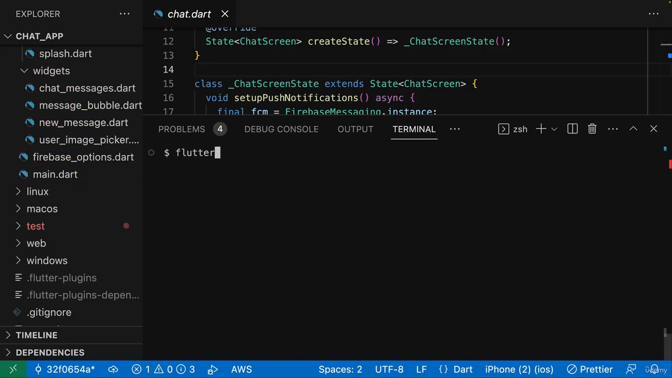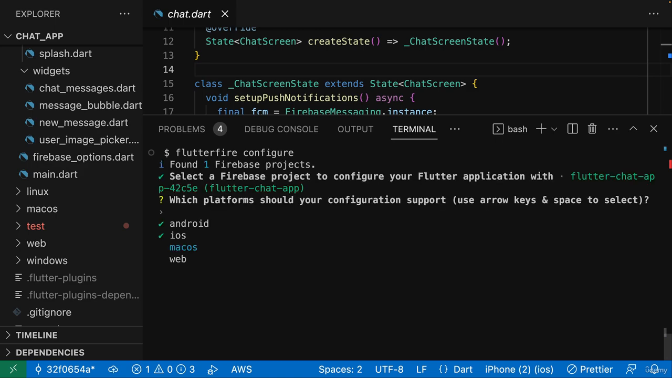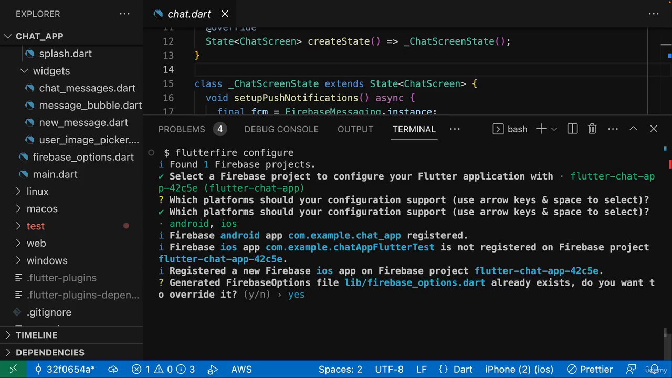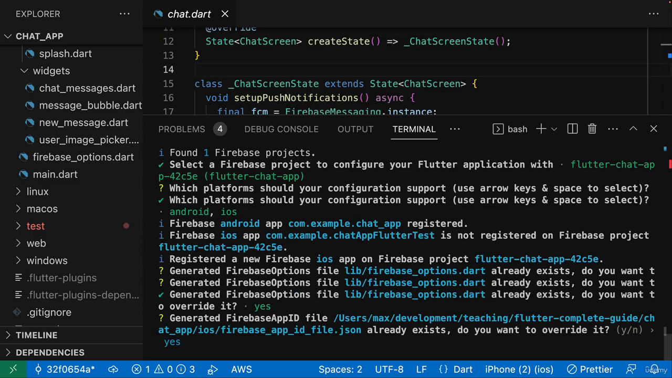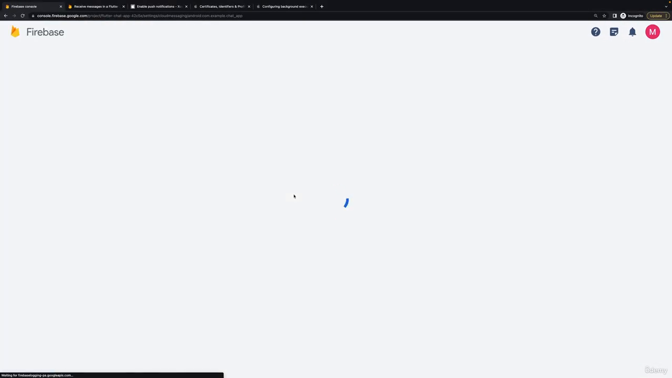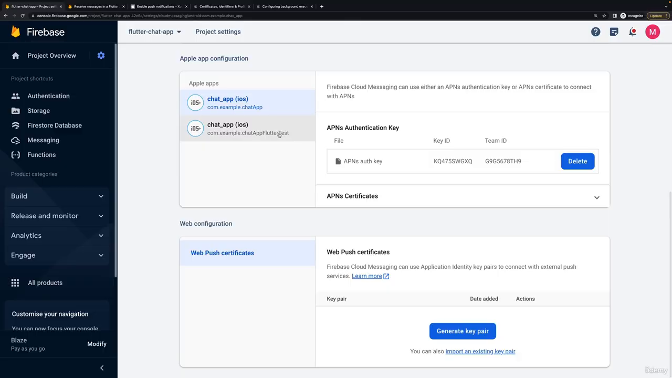To be safe, you then also might want to run flutterfire configure again to make sure your Android and iOS Flutter Firebase configuration is up to date. Especially for me here, where I changed this bundle identifier for this iOS project, this is a step we should not skip. And now with that configuration updated here, make sure that in your Firebase project settings, under Cloud Messaging,